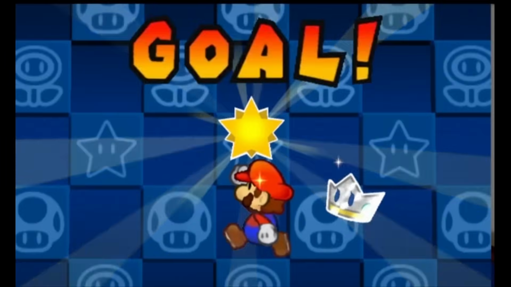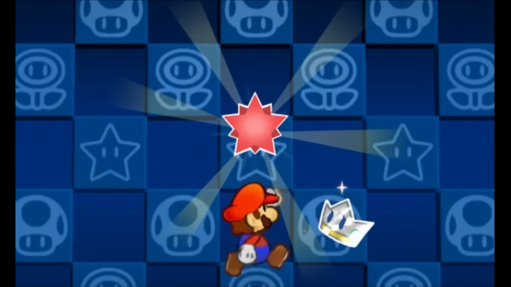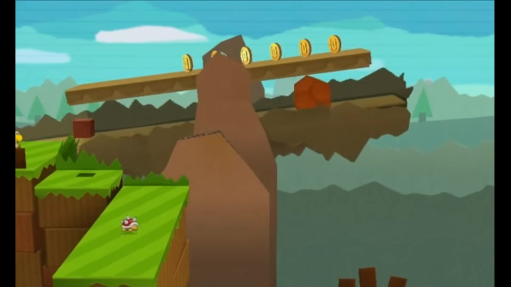After finishing the level, I head back to 1-3 to actually end it through another direction, and then open up the path to 1-5. I dodge around some spinies, grab a power star, start up a big Rube Goldberg machine,